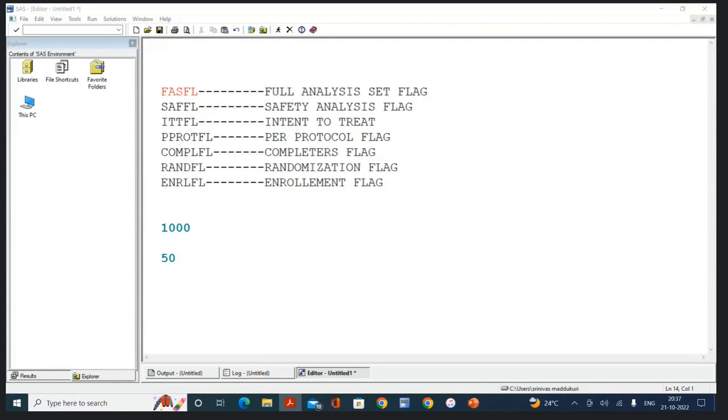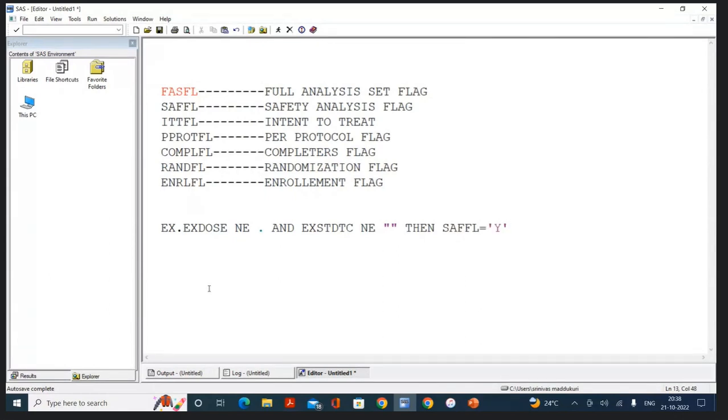Study drug administration. Where can we find the study drug administration information? In which SDTM domain can you find that information? Yes, Exposure. Very good. Now I will go to the exposure domain. In the exposure domain, we are going to have a variable called EXDOSE. If EXDOSE is not equal to null value, and EXSTDTC is not equal to missing value, then I will say SAFFL is equal to Y.